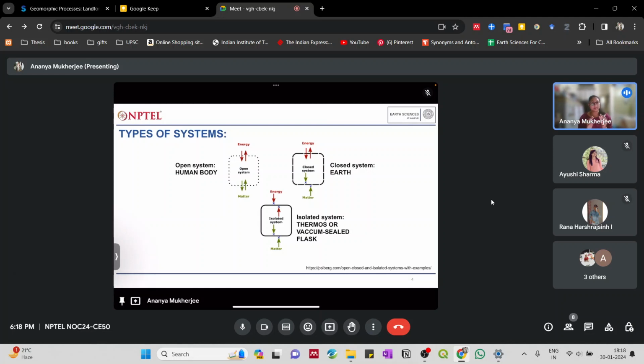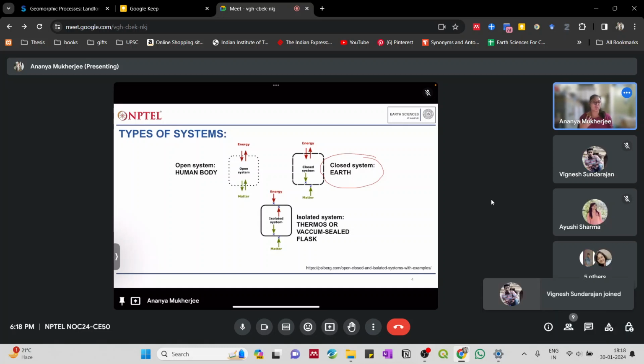We need to understand that we are only actually going to understand the closed system. Why? Because Earth in itself is a closed system. Obviously we have a matter exchange, but that is between the individual systems of the Earth system. There is a relationship of the atmosphere and the hydrosphere, but both these systems are part of the Earth system only. So there is no matter being transferred outside of the Earth system itself.